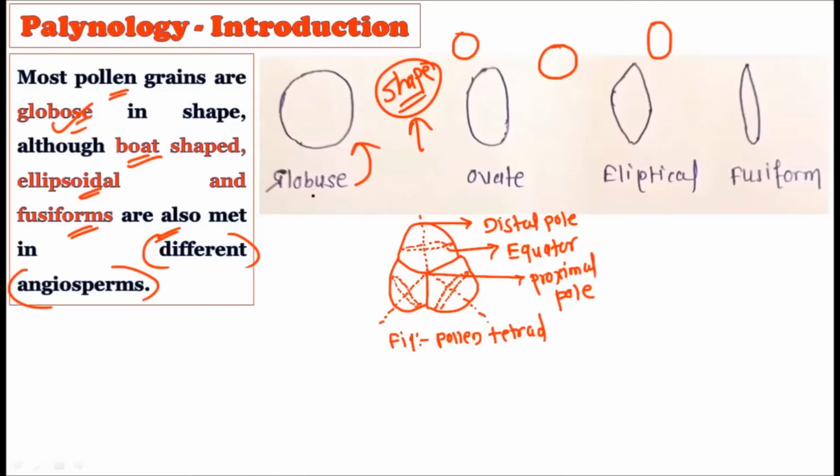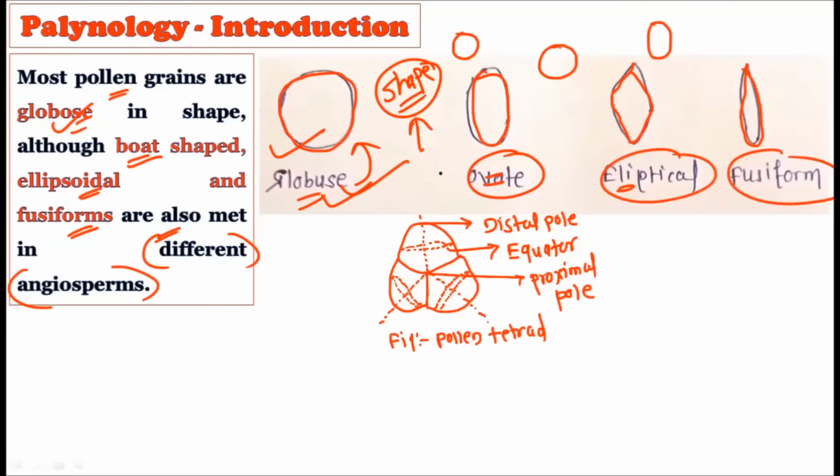If you consider the types in this diagram, see, this is the globose type of pollen grain, showing a globe-like, rounded circular structure, hence globose. Then ovate pollen grains are also there. Then elliptical pollen grains like this were also found in angiosperms, and the fusiform type of pollen grains were also present. So in general, when we generalize about the shape of pollen grains, we say they are largely globular, but ovate, elliptical and fusiform types also exist in different angiosperms. So the generalization that all pollen grains are nearly circular is not true; they can vary in shape, from ovate to elliptical to fusiform.